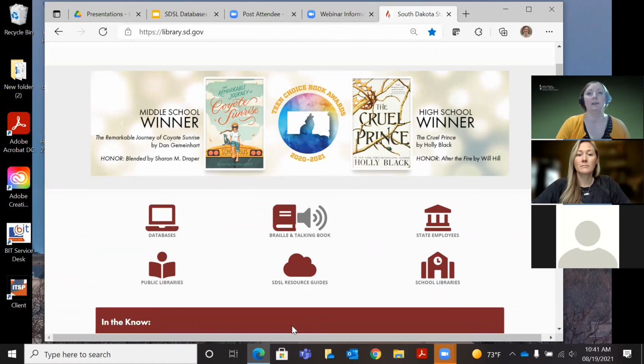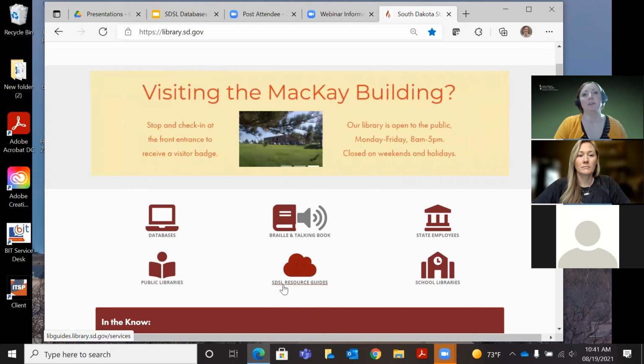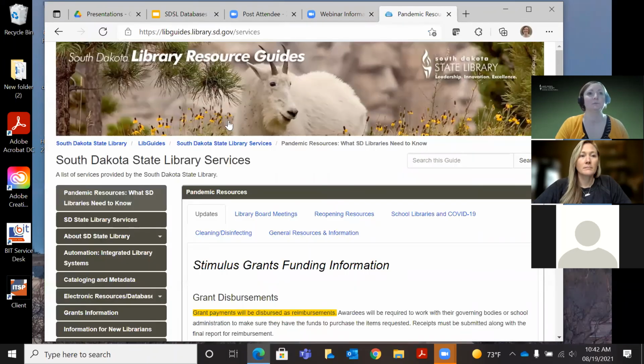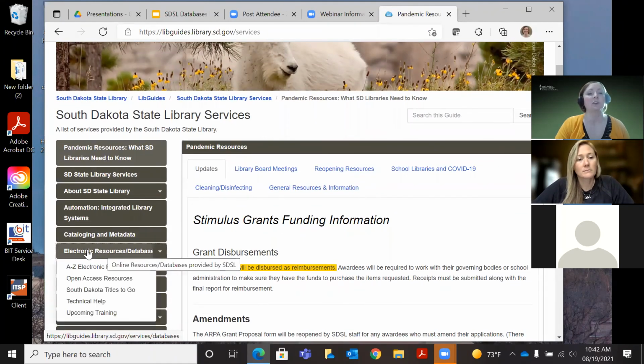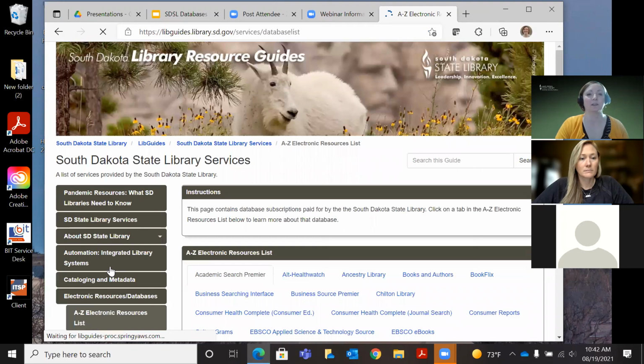And then if you scroll down, there's a little cloud icon. You just click on it, the South Dakota State Library Resource Guides. Okay. And then to the left-hand side of the page, keep going down until you get to electronic resources databases. And then go to A through Z electronic resources list and click on that.